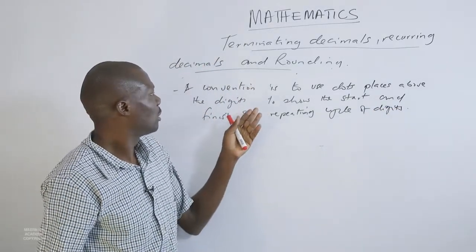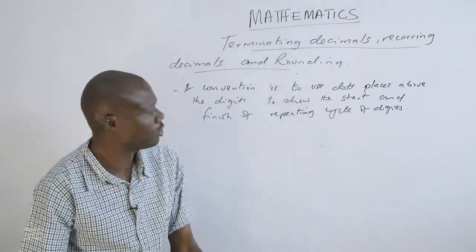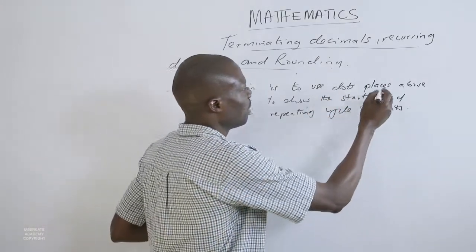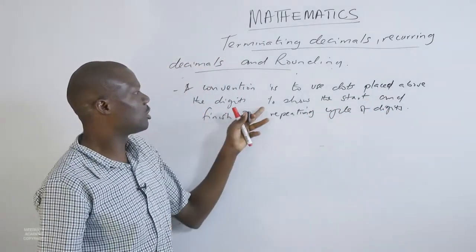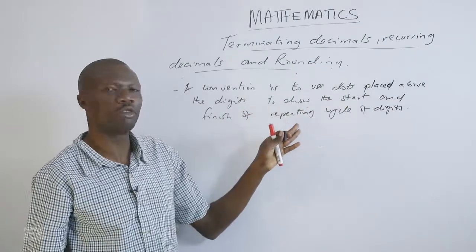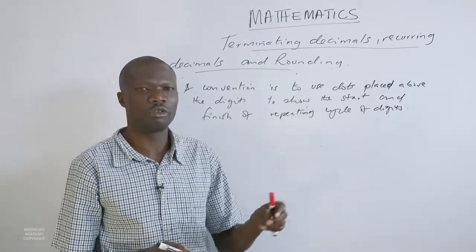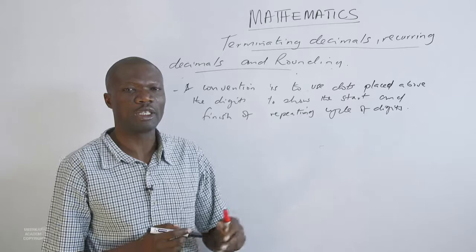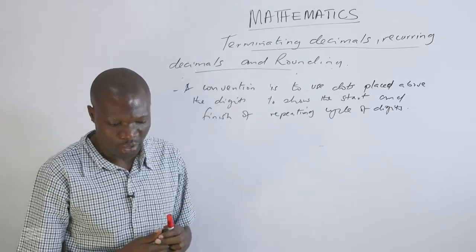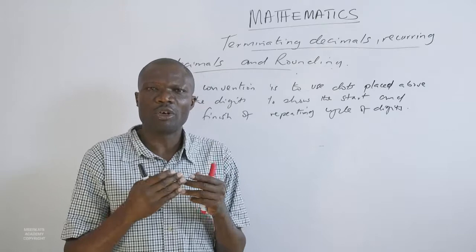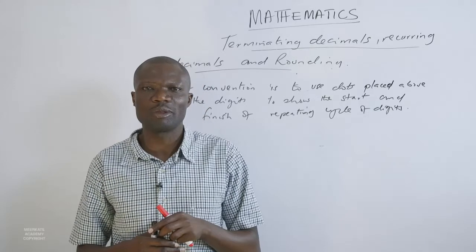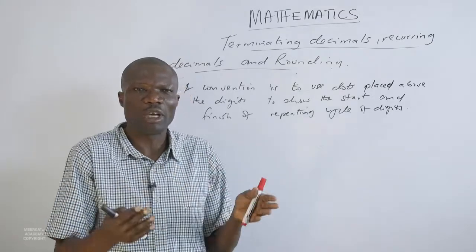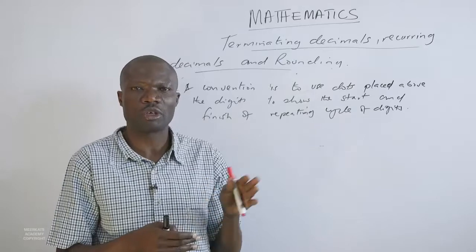A convention is to use dots placed above the digits to show the start and finish of a repeating cycle of digits. Now, what are we trying to say here? We don't need to write endless decimals in our book. But there is a way, and that's why we use a convention to simply show that we have